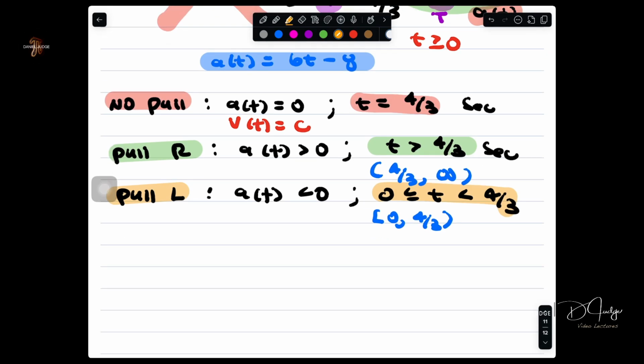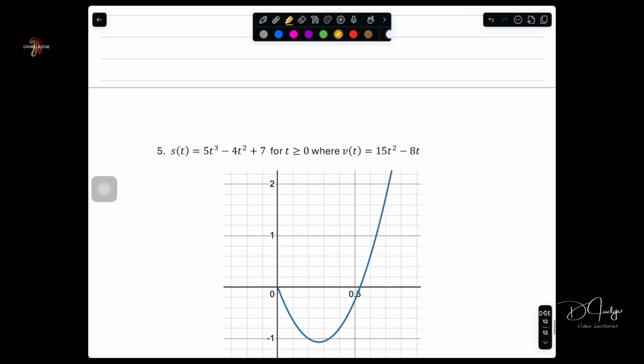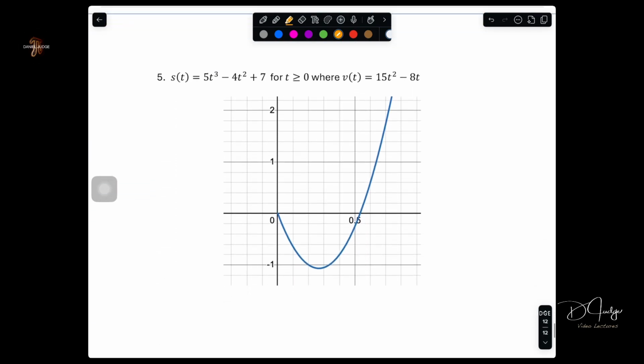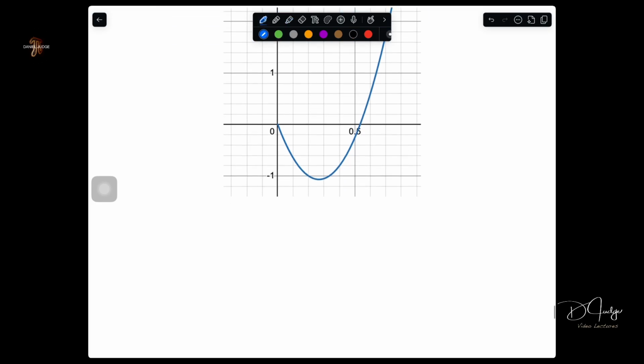All right, let's try this out again for question number 5. Question 5, we had the position function for time values being greater than or equal to 0. Then we computed the velocity function. This is about acceleration now. So acceleration